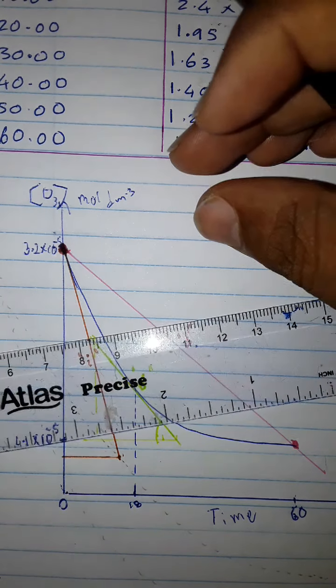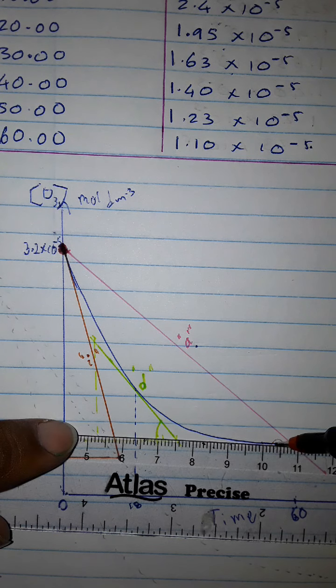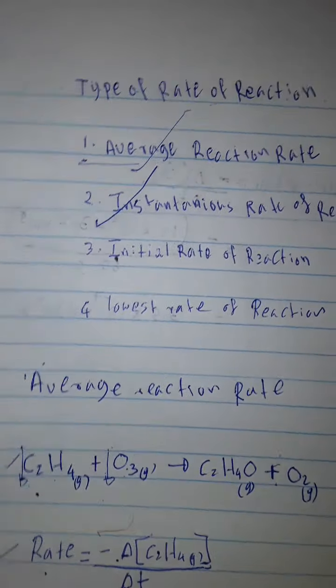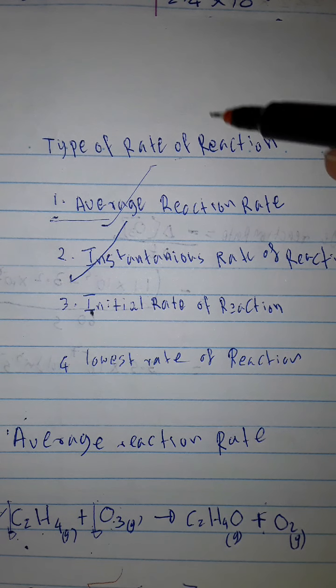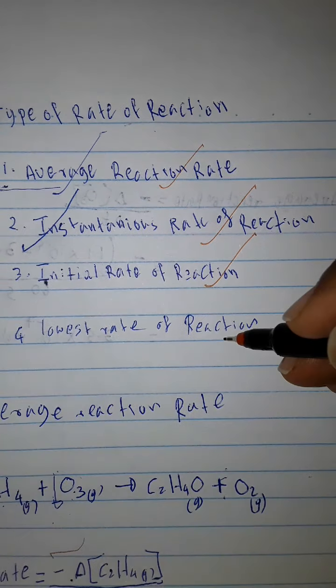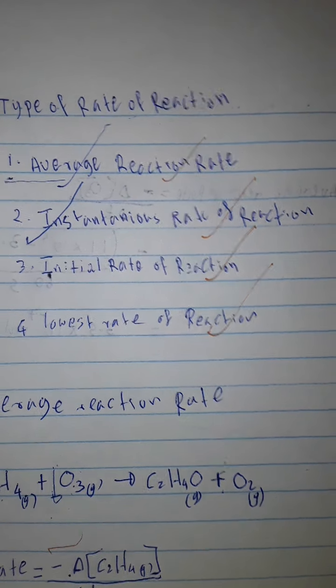Similarly, we have another one, the lowest reaction rate. The lowest reaction rate we can find by drawing a tangent like this, right? So now I told you there are 4 types of reaction rates. One is average reaction rate, instantaneous reaction rate, initial reaction rate, and lowest reaction rate. The student needs to know the meaning of these and how we find these rates of reaction. So that is one part that we have to discuss, right? Okay, then